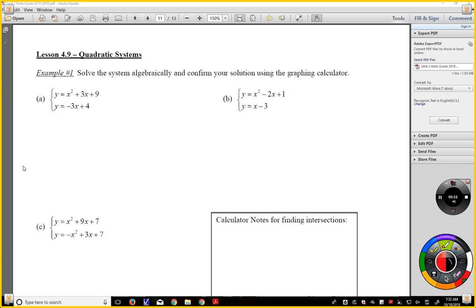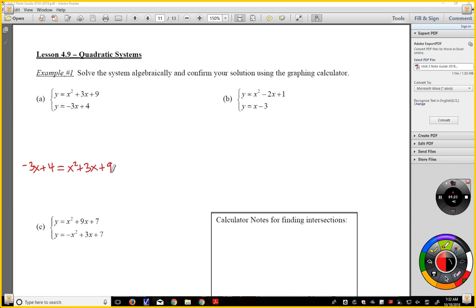method of solving, because a squared shows up, just might end up being a little bit different. So these ones are set up like y equals, so substitution might actually work pretty well. That I can substitute the fact that y is equal to negative 3x plus 4 means in that first equation I could replace y with negative 3x plus 4. So I'm going to go ahead and set up negative 3x plus 4 equal to x squared plus 3x plus